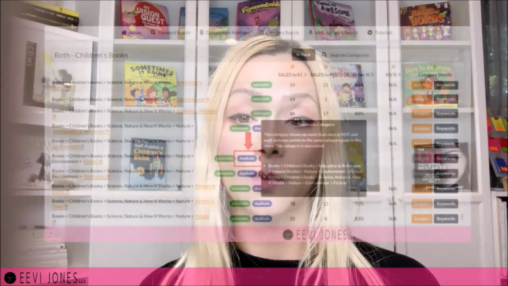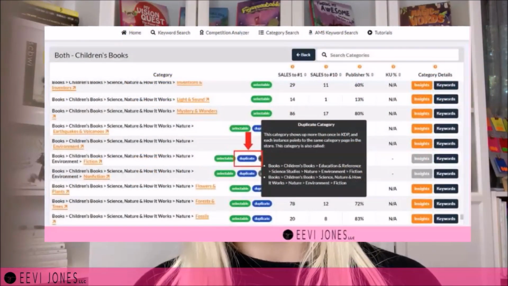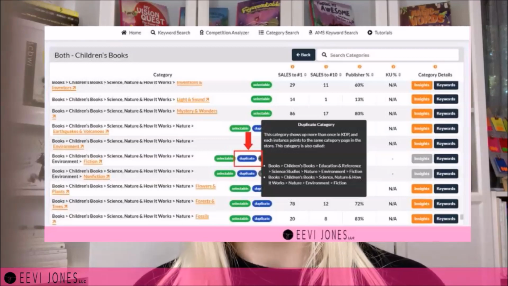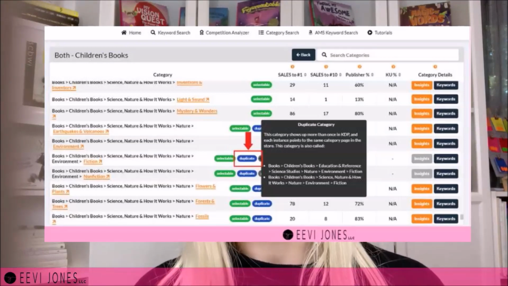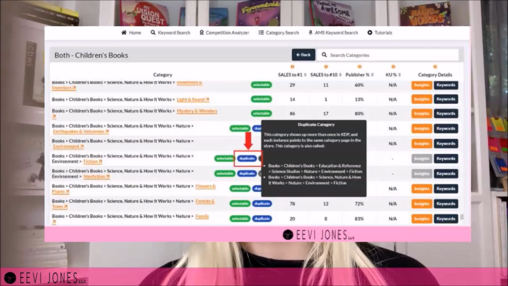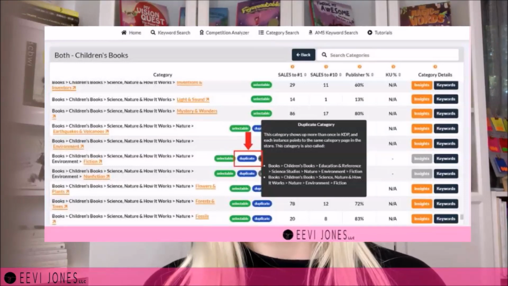Now, thankfully, Publisher Rocket's update addresses that as well. Each category that appears more than once over on KDP now has a duplicate tag. And if we hover over this tag, the tool will also provide us with a list of those duplicate categories. That way we can make sure we aren't accidentally placing our book into two categories that point to the same